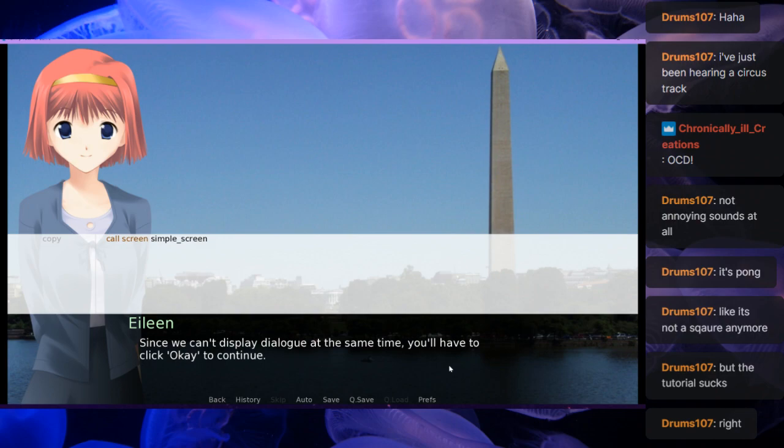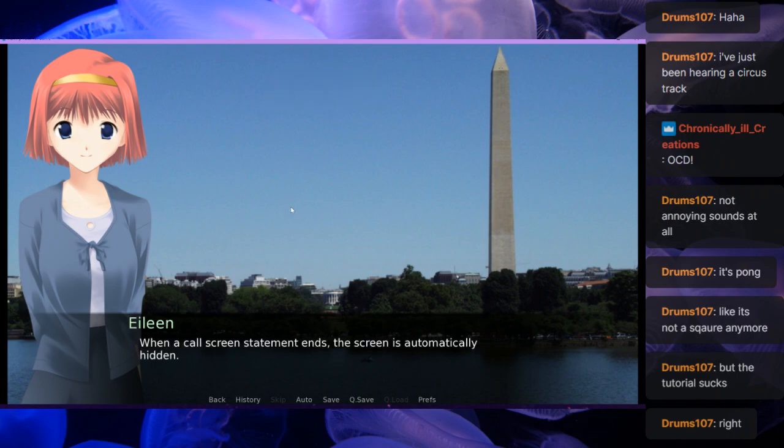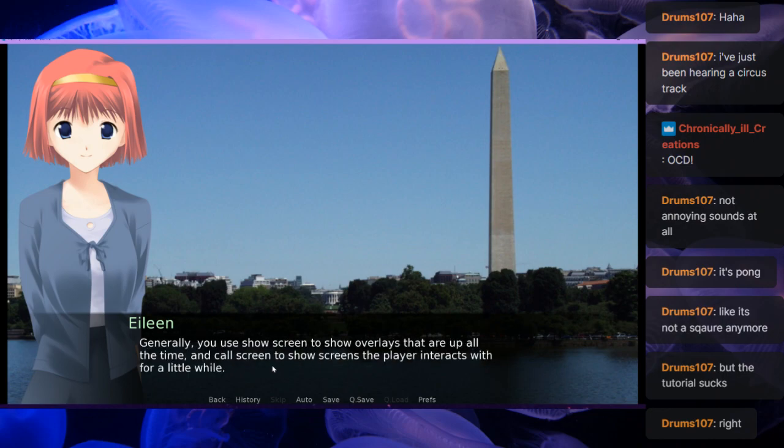Since we can't display a dialogue at the same time, you'll have to click OK to continue. Okay. When a call screen statement ends, the screen is automatically hidden. Generally, you use show screen to show overlays that are up all the time, and call screen to show screens that players interact with for a little while.